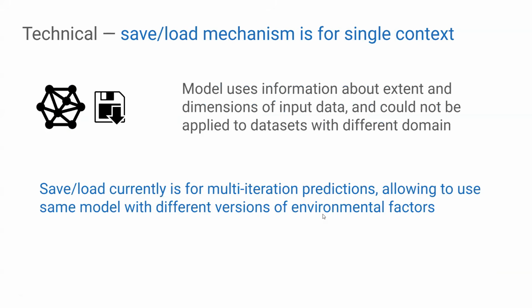We have used a save load mechanism during our demonstration, and it is important to know that models use information about extent and dimensions of input data, and models could not be applied to datasets with different domains. So the save load mechanism currently is for multi-iteration predictions, allowing the use of the same model with different versions of environmental factors, but not for applying the same model